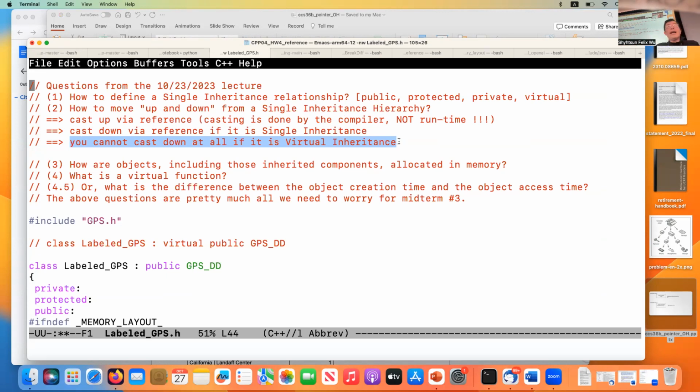The thing is, when you introduce the concept of virtual inheritance, even a virtual inheritance of single inheritance, even if you cast up with reference, you still cannot cast down, because as I said earlier, the compiler didn't have the information to do the right conversion, because some information is only available at runtime. So that is a really important concept in object-oriented programming.